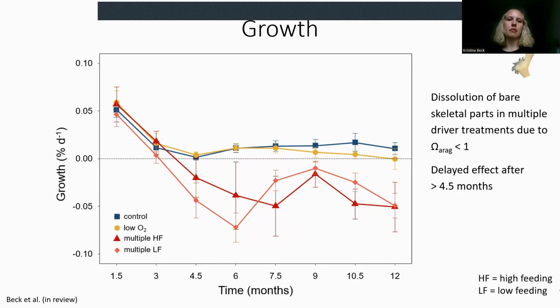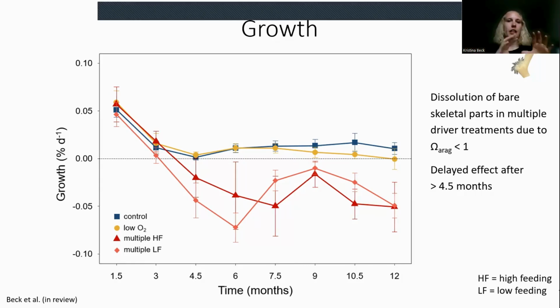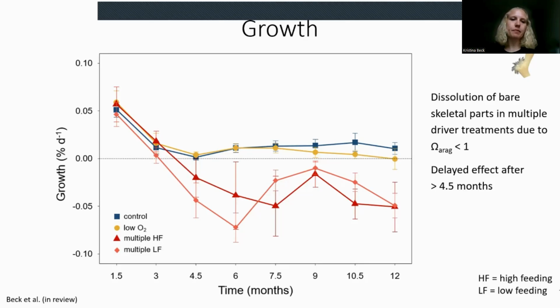So this is different from the previous experiment because there were larger fragments with multiple polyps, not the whole fragment was covered with tissue. This is why we did find these results of negative growth rates, because of the dissolution of the bare skeleton. And the same as with the previous experiment, I think it's again important to note that we found